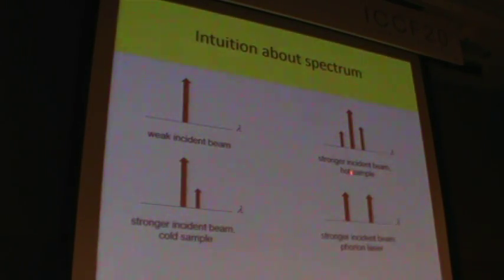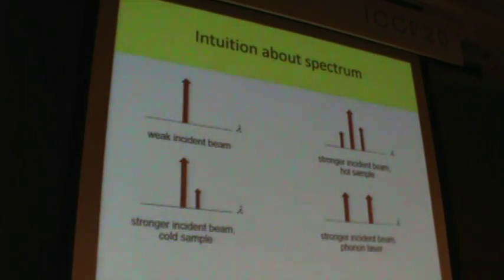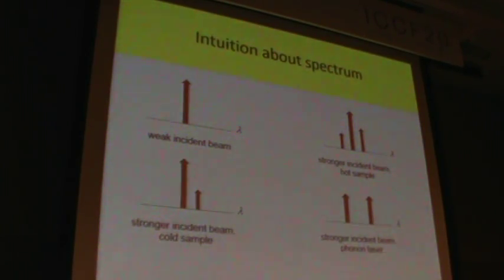If you have a stronger incident beam in a hot sample, then you can get your phonon loss here. You can get your phonon gain here. Typically, both of these are small compared to the Rayleigh scattered peak, and typically the anti-Stokes line is smaller than the Stokes line. In some crazy universe where some of the ideas that I've been arguing about phonon laser actually